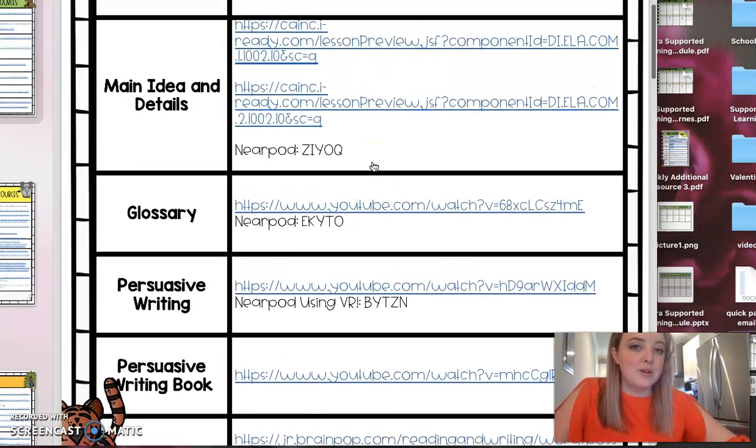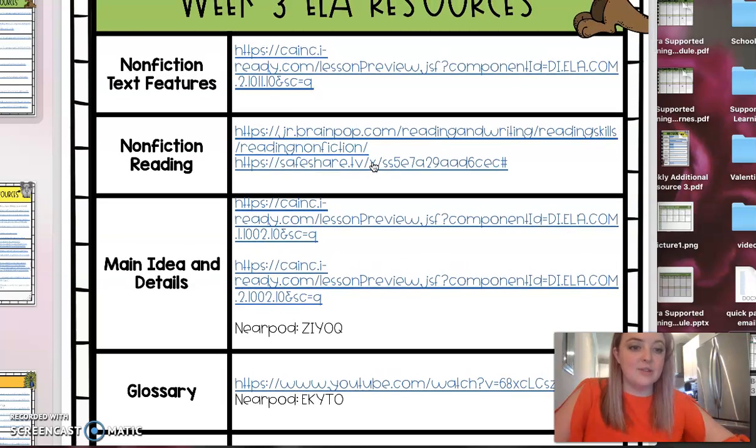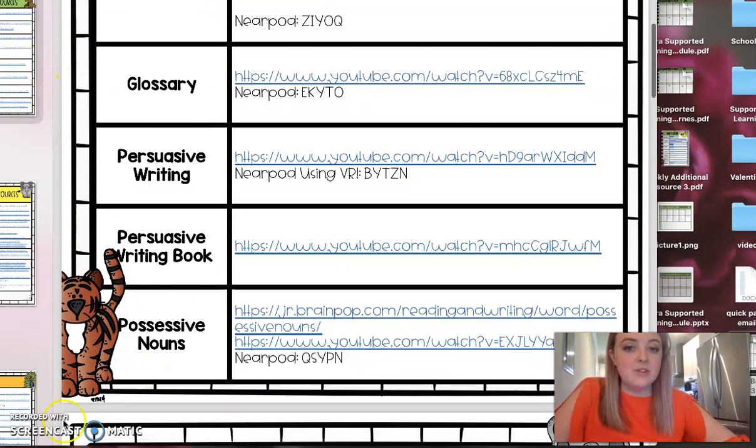Some of our Nearpod codes are really cool because they also have videos linked in, and they also have articles linked in, and they have questions and quizzes and opportunities for the students to draw and show what they know. So make sure that you're checking those out, especially for possessive nouns, because this is a review skill. It's putting that apostrophe S, or if we have more than one, we're talking about focusing on singular possessives, but